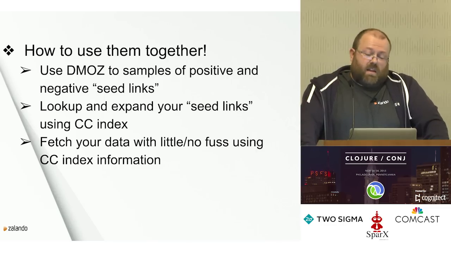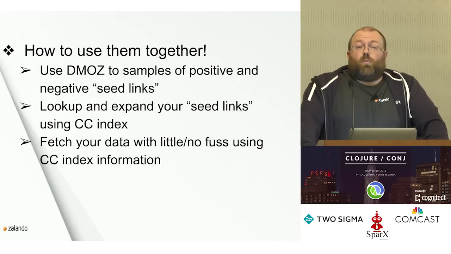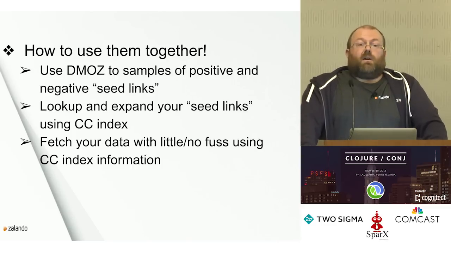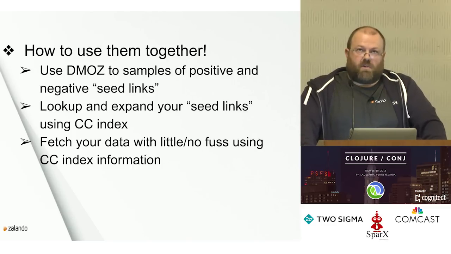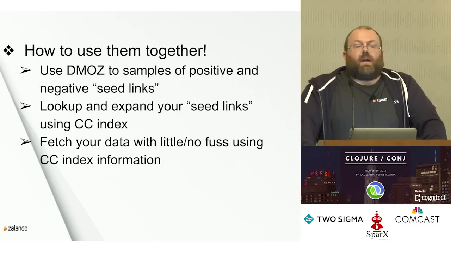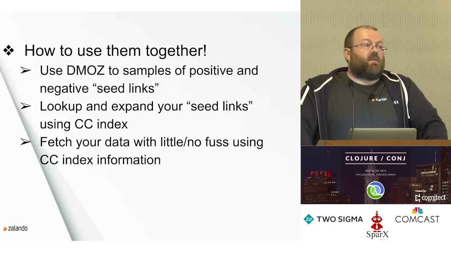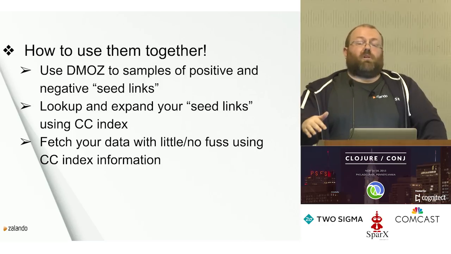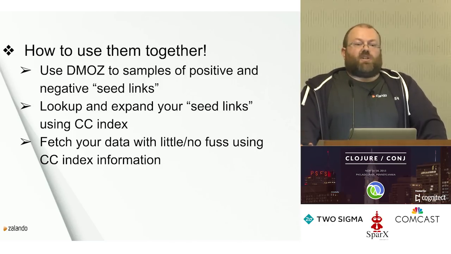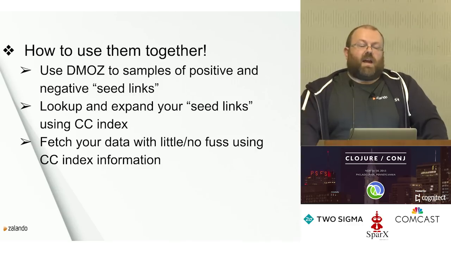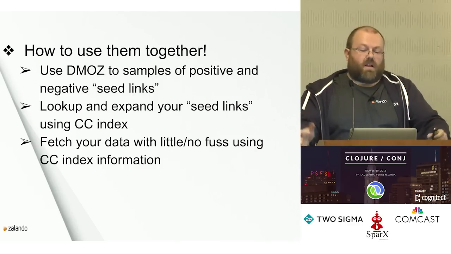You can fetch all your data with very little fuss, and basically, we started with looking for fashion sites. We scraped DMOZ. We got like 900 links, or sites, and we thought, okay, that's maybe not very many pages. But as soon as we looked them up and deduped them in the Common Crawl index, we ended up with about 2.5 million pages. That's a fair few documents. And then similarly, we picked non-fashion examples of news and sports and whatnot. There was more than enough. Again, put it through the index, pumped out 8 million documents, no problem. So then you can balance to taste.